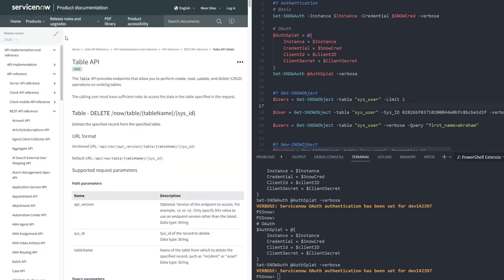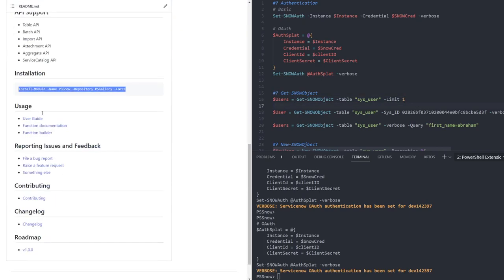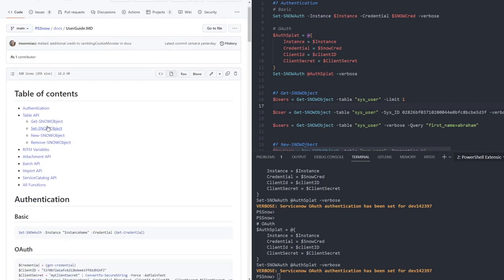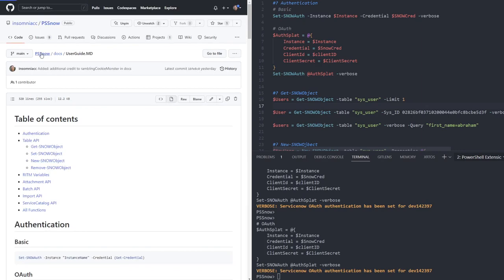So the table API has, let me just click on user guide, it has 4 main template functions. So get, set, new, and remove snow object, so the CRUD operations. Now if we actually look at the